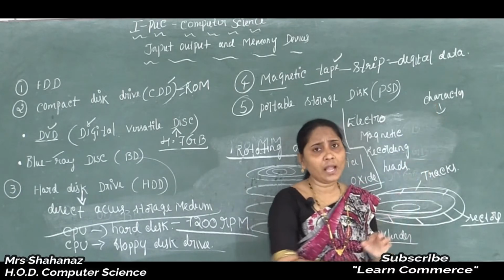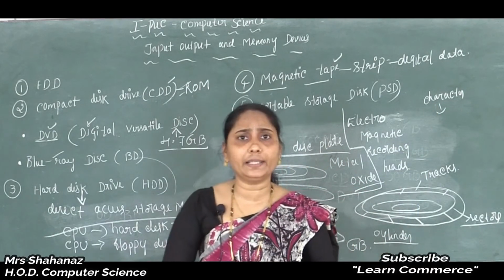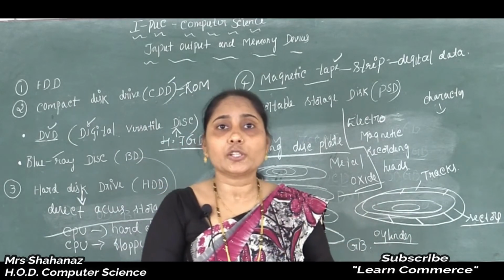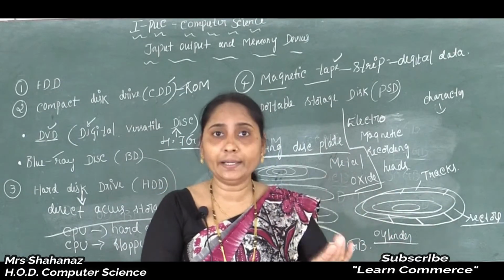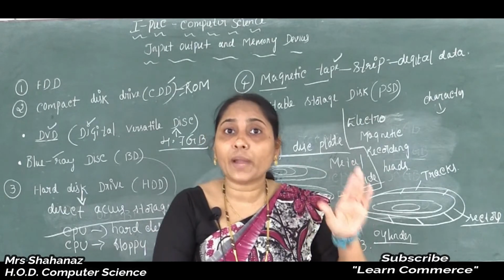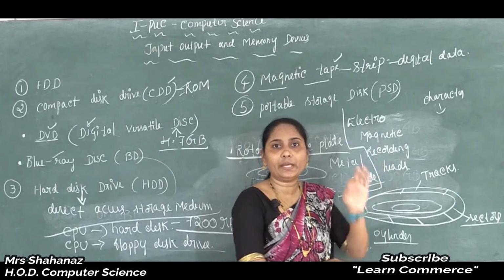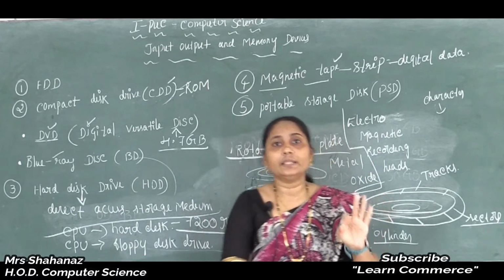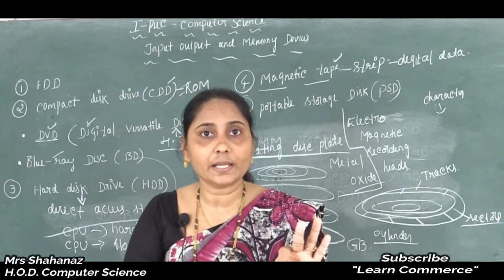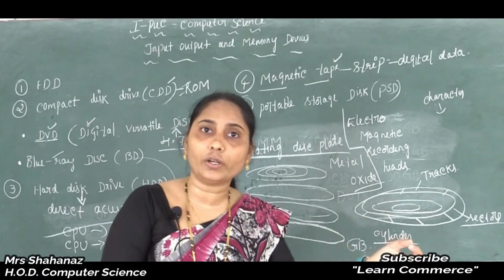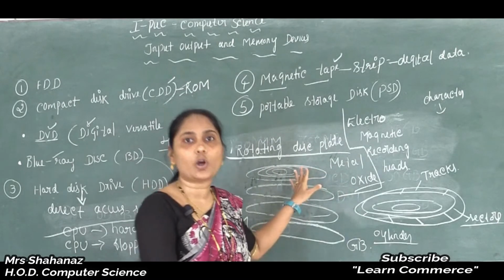Okay. And to read and write the data, while recording anything on the tape, the read and write head is placed in each track. Clear this point? In every track we get the read and write heads. Because of this reason, the data is recorded and read as a sequence of characters.